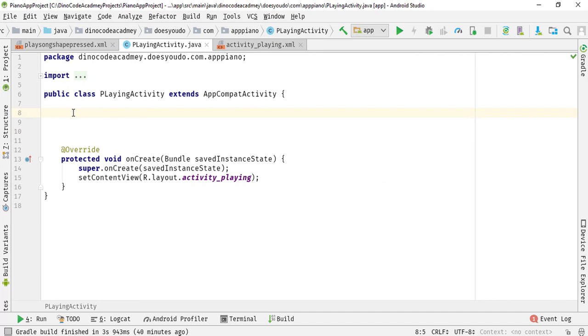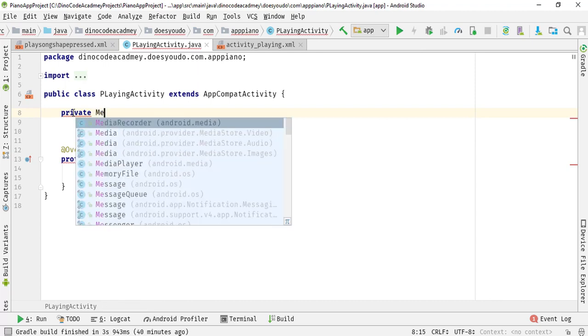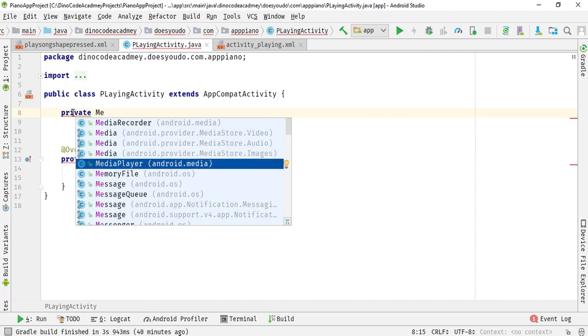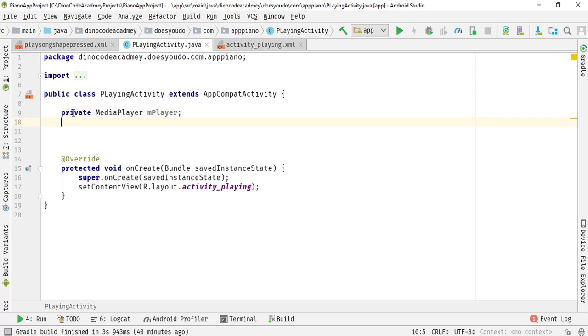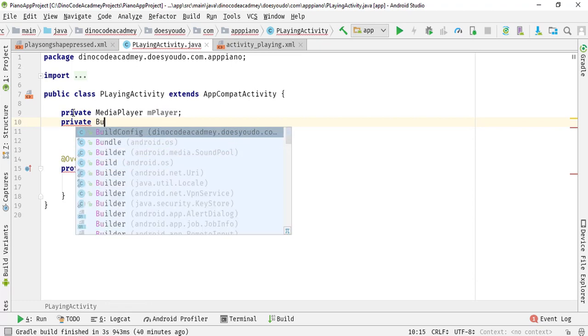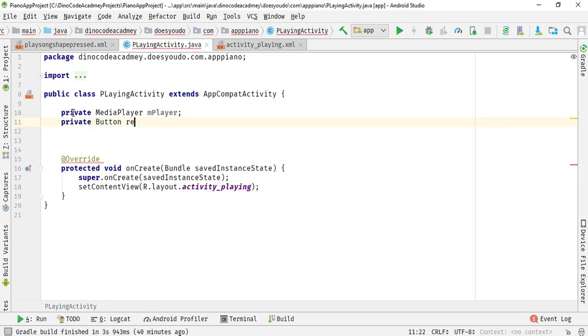First I'm going to create a private variable of type MediaPlayer, because for playing the audio we need a media player. The MediaRecorder is used to record the audio and the MediaPlayer is used to play the audio. I'm going to create a variable mPlayer and hit a semicolon. Then I'm going to create button variables: Button record1, record2,